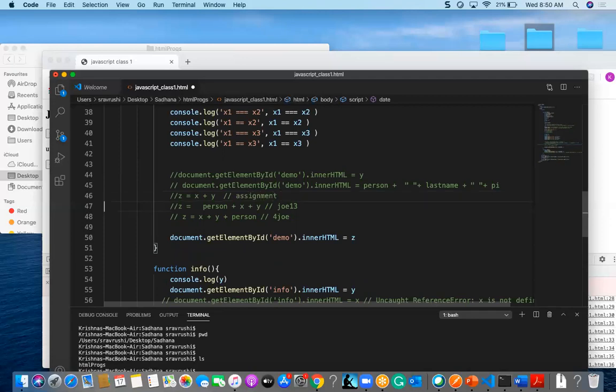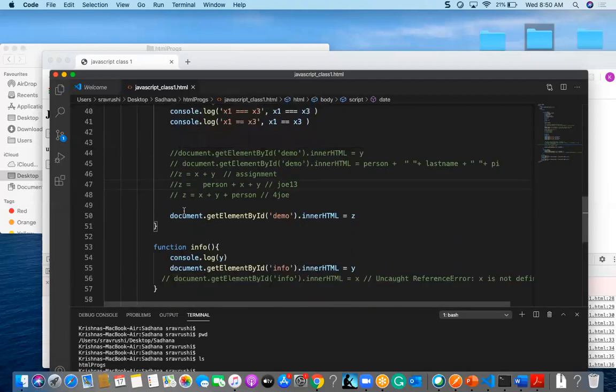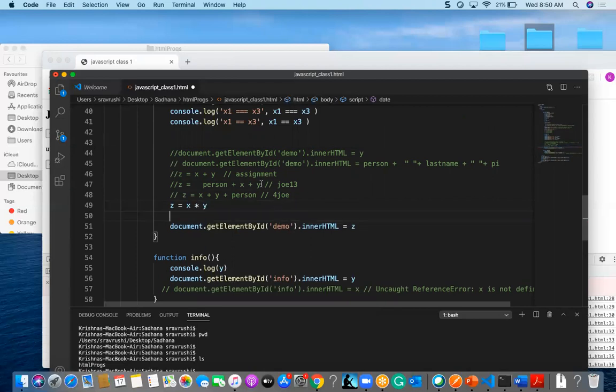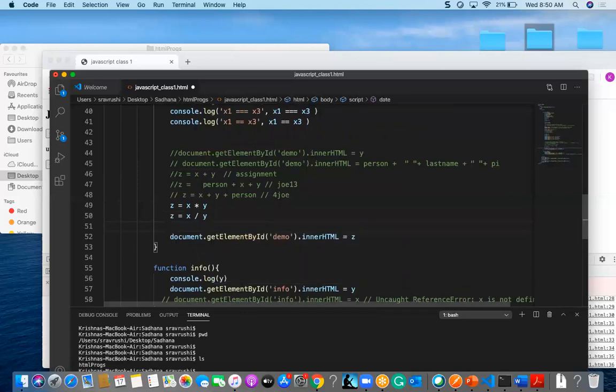If you want to do multiplication, you can give z is equal to x into y, and for division, it's z is equal to x divided by y.